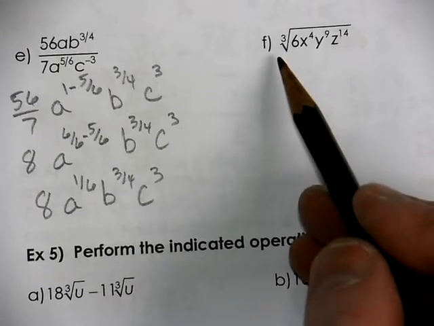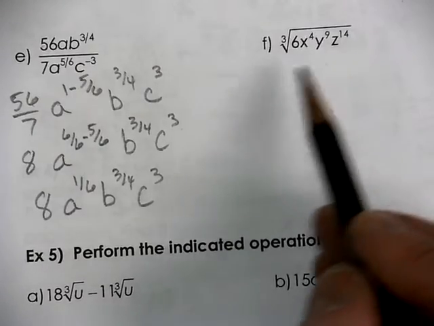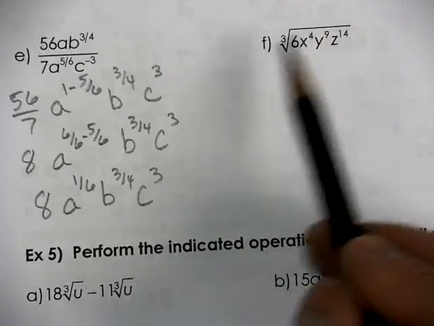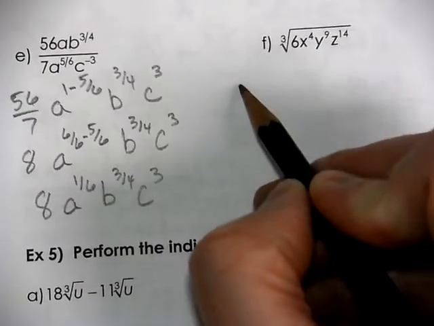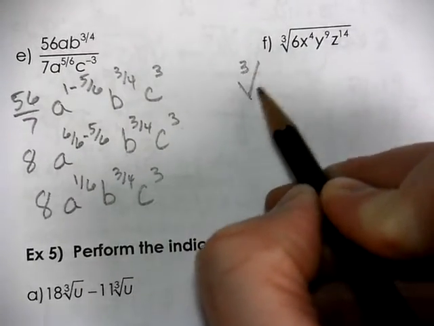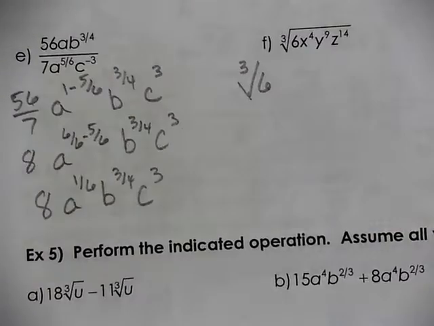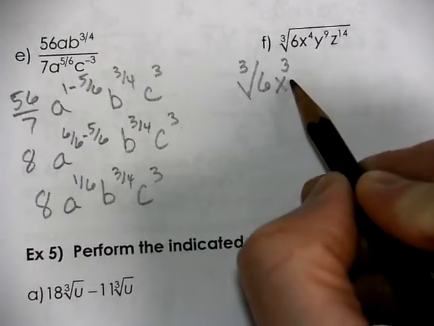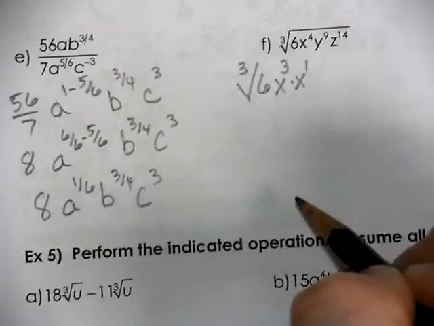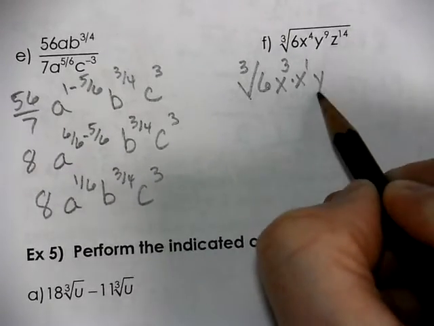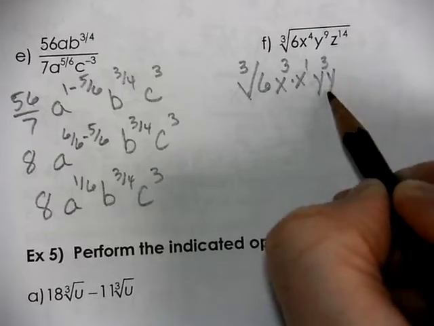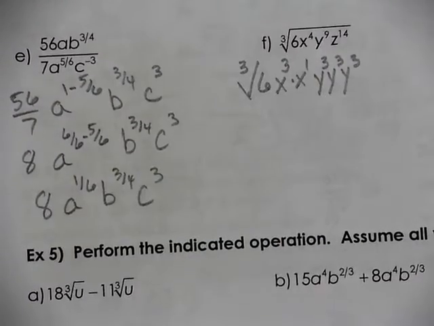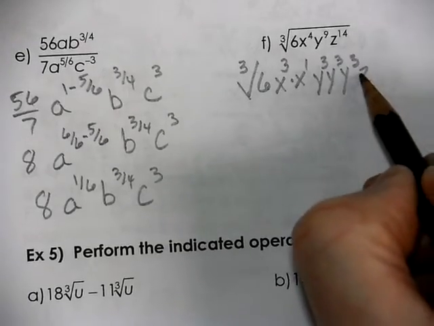For letter F, there's multiple ways for us to think about it. We're doing cube roots, so we're looking for 3 of a kind. There is not 3 of a kind in 6. But you do have 3 of a kind of the x's, and you have an extra x. There is 3 of a kind in the y's, and there are lots of 3 of a kinds